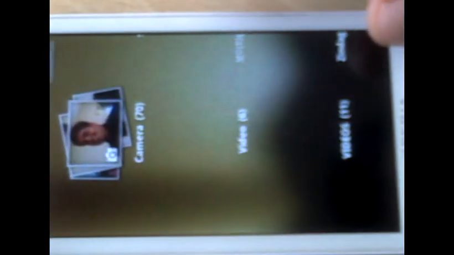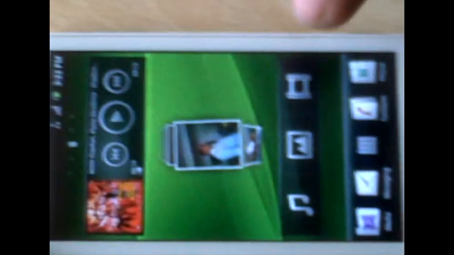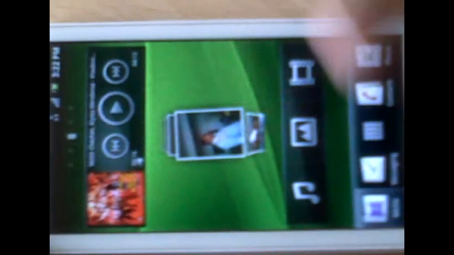Then here the small widget is for the photos and videos. Then one more widget for the gallery, where you can see all the photos from your phone, from Facebook, all the photos on one side only, in one widget. All the photos are here. Then we have a Media Go menu. In the Media Go menu, you can quickly access the Market, Gmail, Music, and Gallery. And the gallery option is the same here outside.